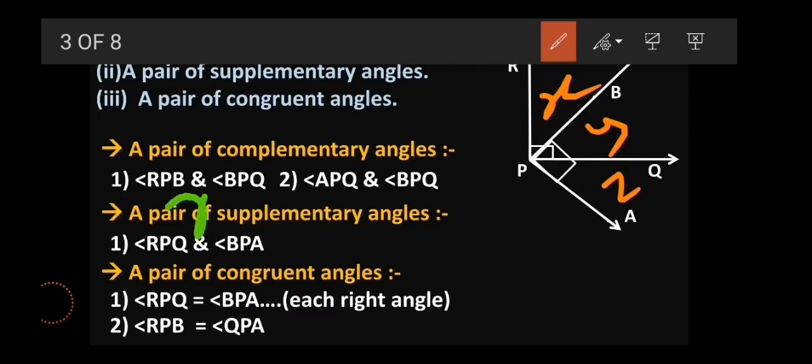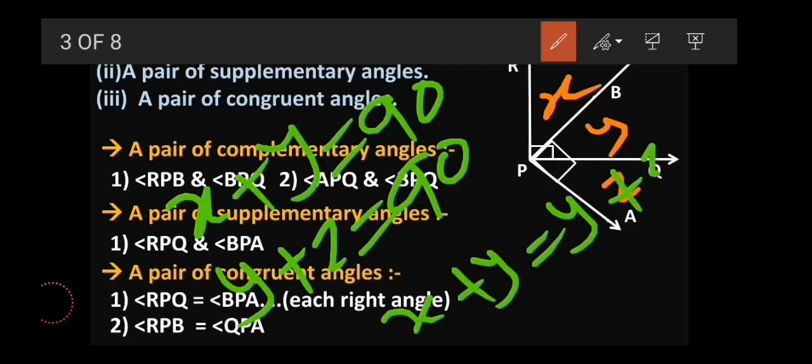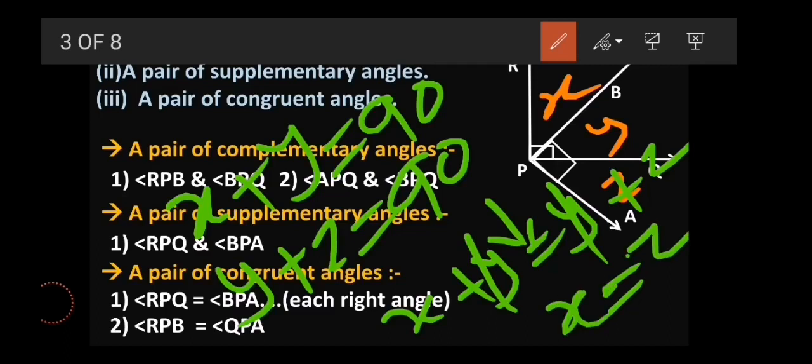Now if you observe, we can say angle X plus Y equals 90-degree. The same goes for angle Y plus Z equals 90-degree, right? Both pairs, if we add, we can say this sum is equal to each other because both are 90-degree. So can I write like this? X plus Y equals Y plus Z. Yes, and if you observe this equality, we have Y on the LHS and Y on the RHS also. So I can cancel it out, simple mathematics, and X equals Z is what we are left with. So we can say X equals Z.